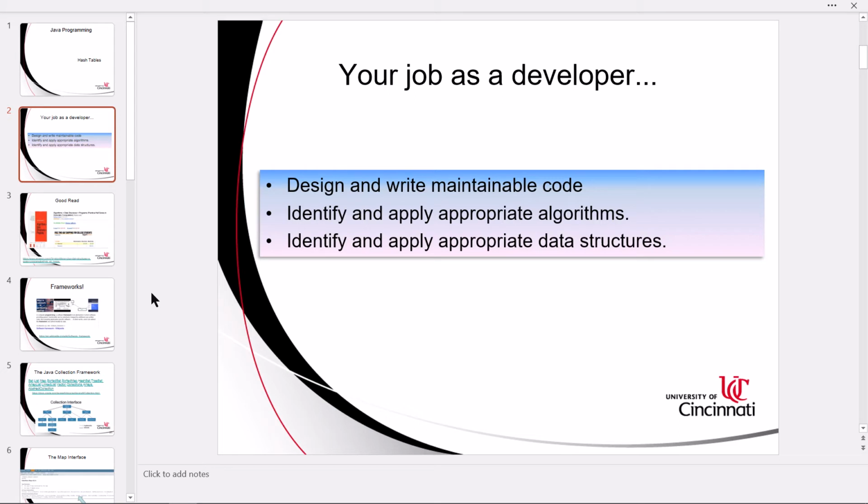We can't put everything in a string. We could, but we shouldn't. Just because you can doesn't mean you should. And since we can't put everything into a string, we found out that it would be nice to put some things into arrays, and then we realized that arrays had shortcomings. We learned ArrayLists, which had some advantages over arrays. They were dynamic, they could be heterogeneous, but they were slower than arrays. And we can step beyond arrays and talk about other ways of accumulating and managing data inside of a program.